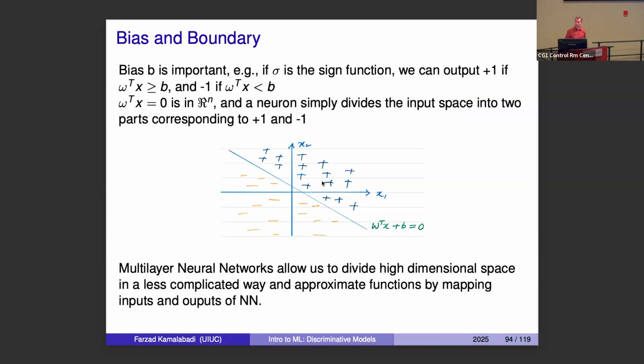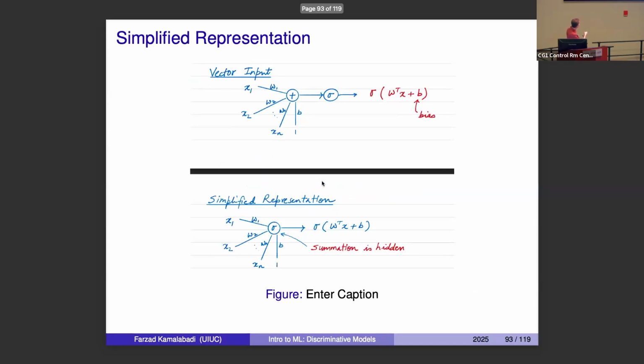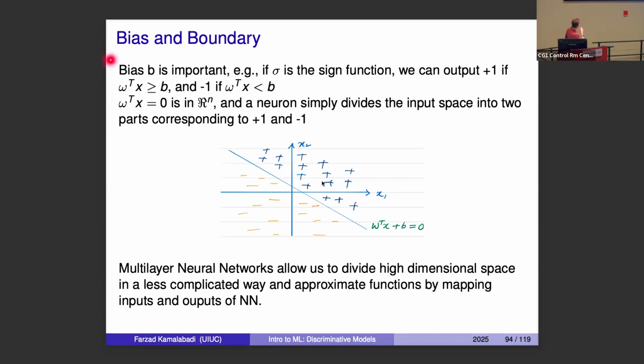So what does that do for us? Let's look at it. The bias b is important. Remember what we had here. This is the model of a line, right? Just like we had with SVM and all of the earlier models for binary classification. If you look at the product w transpose x greater than or equal to b, that means, look at this, this is the line w transpose x plus b equal to 0. So if this is greater than b, you're greater than that bias term, then we can declare that it's a class, we output class +1. And if it's less than b, we output class